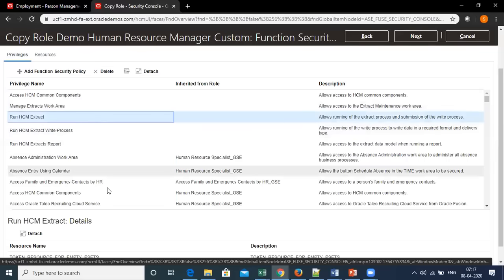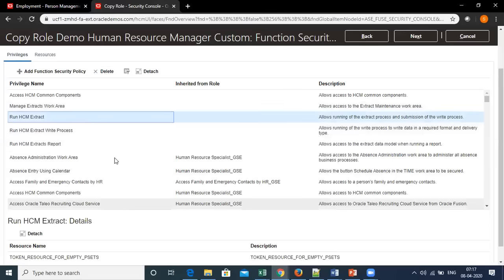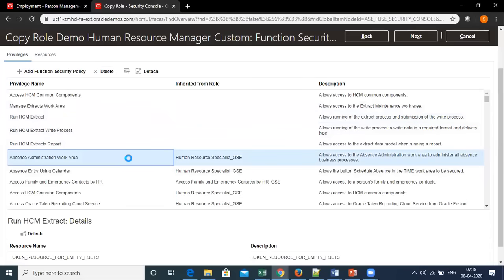But when I have indirect privileges, let's say absence administration work area, and I want to discard this access, if I select this privilege, my delete option will be disabled because I do not have access to remove this privilege directly. If I want to remove this privilege, I need to remove this role first, human resource specialist underscore GSC.